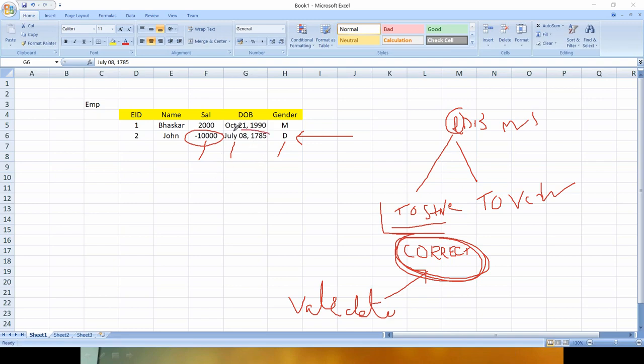The age cannot be more than 60 years. You need to write one condition here. Salary greater than zero. Gender can be either male or female. Date of birth or the age cannot be more than 60 years. For salary greater than zero, you have to write some mathematical expressions here. When you write these expressions, SQL Server will act using them. Validations are automatically taken care of by the SQL Server engine itself.